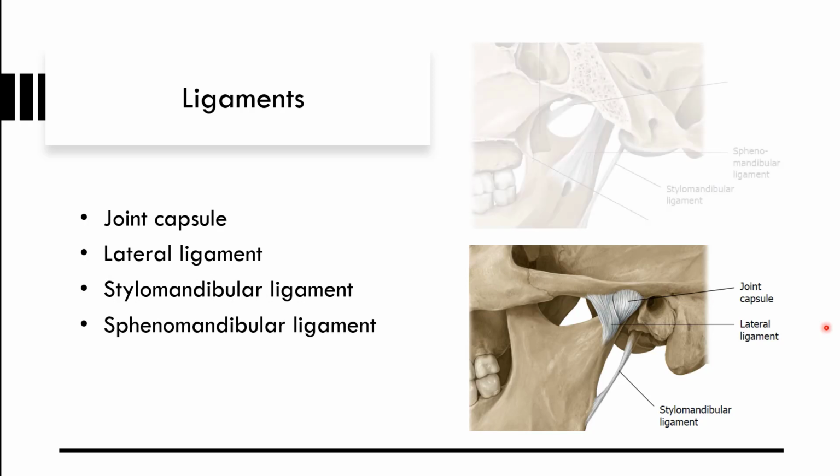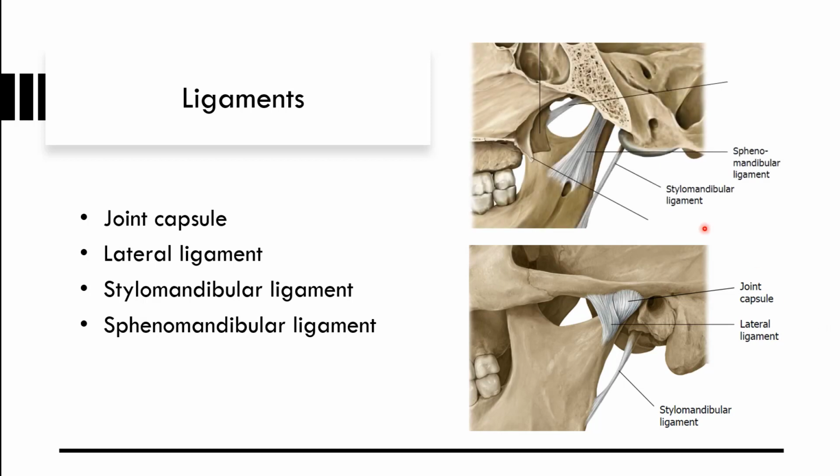If we go to the medial side, we can appreciate this view from the medial side. Here we can see the stylomandibular ligament. Along with that, near the lingula, this is the mandibular canal. Just above that, attached to the lingula, there is a fibrous band. This is the sphenomandibular ligament. Sphenomandibular ligament developmentally is from the first arch. It is a remnant of Meckel's cartilage.